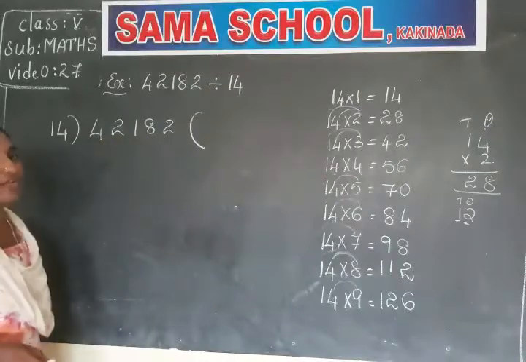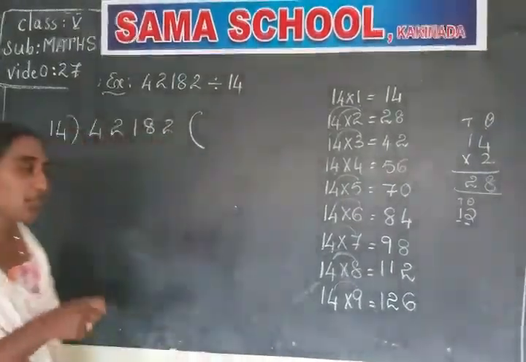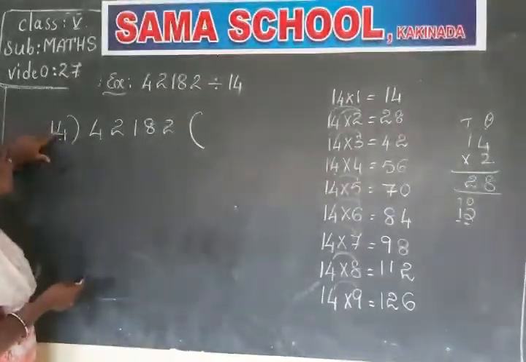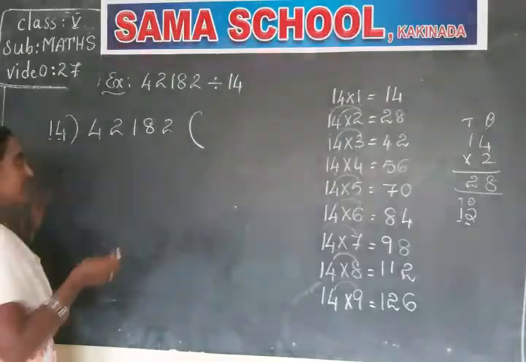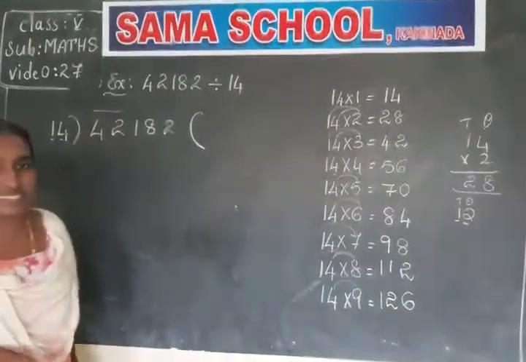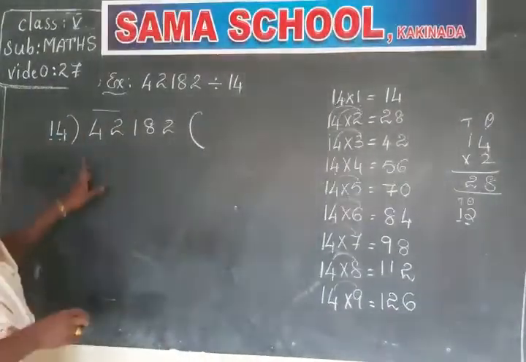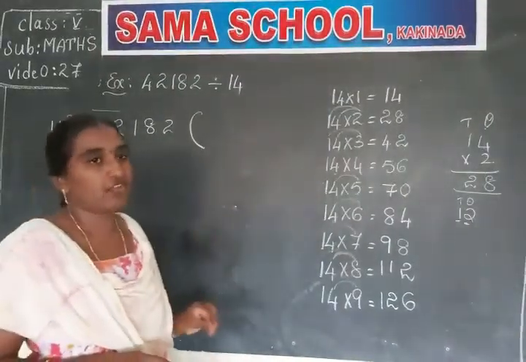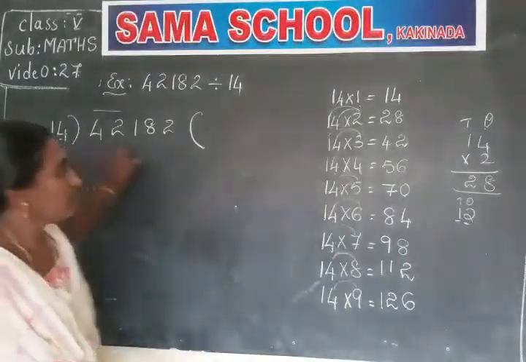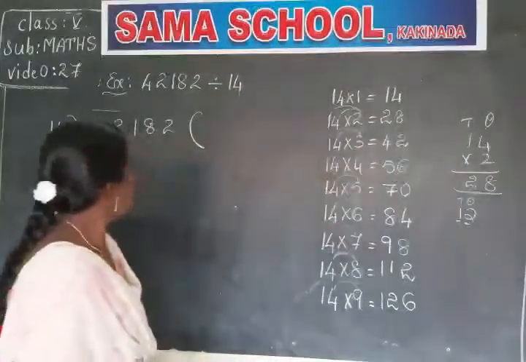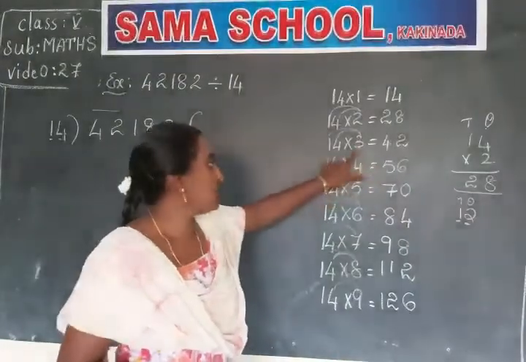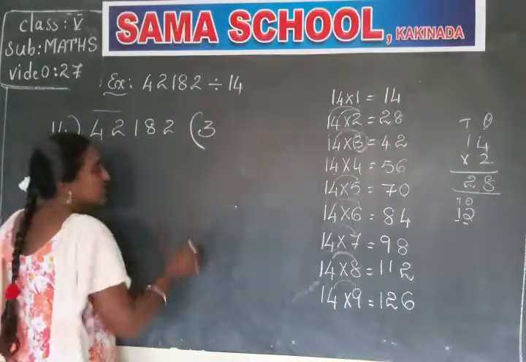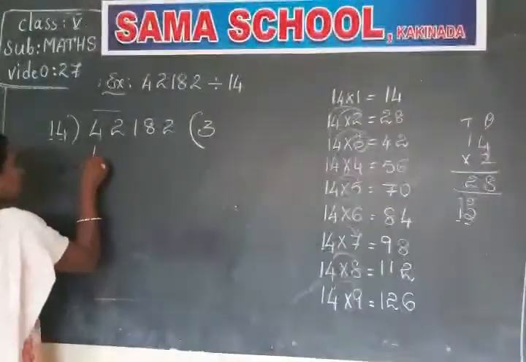Now here we will get a doubt: how many digits do we have to take from the dividend to divide? See, what is the simple trick I told you? How many digits are there in the divisor? 2 digits. So here also we can select the first 2 digits in the dividend. This is 42. See, is the nearest and smallest or exact number there in the 14 table or not? Yes, exactly 42 is there. How many times? 3 times. This 3 we have to write in the quotient space and this 42 we have to take here.